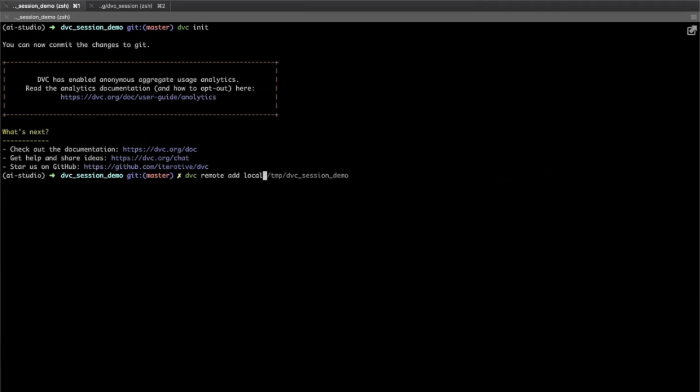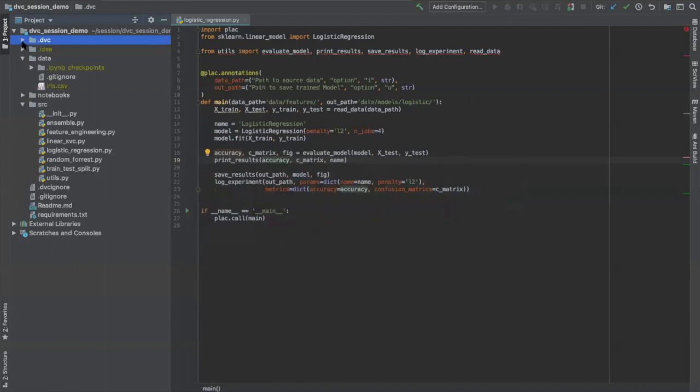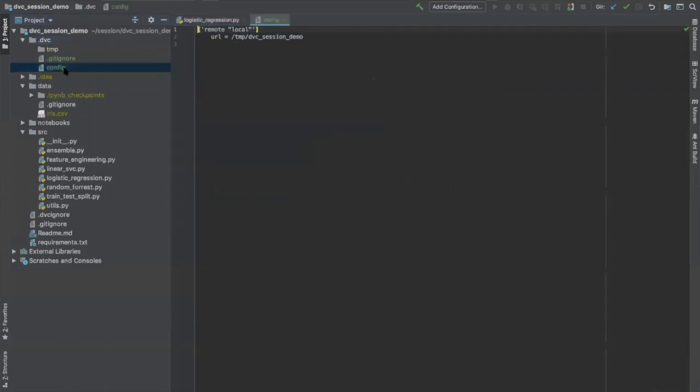I'll add a local remote with the folder as temp DVC session demo. If you see in the project now, there is this config file that got created, which has the remote name and the location it is pointing to.